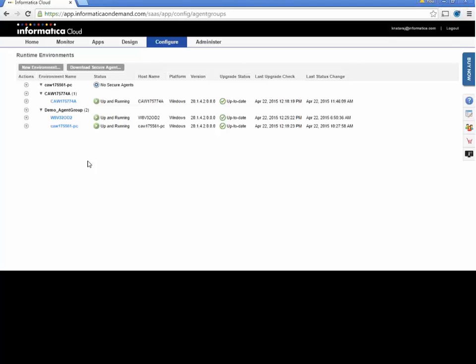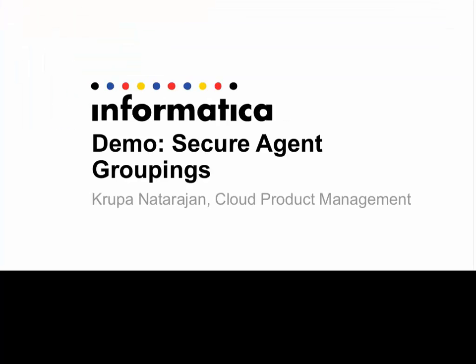And as Abhishek will walk you through, we also have some predictions available that will help you plan your agent grouping to better suit your task volumes and job volumes. So now we've gone over a demo of the secure agent groupings, and let's go over